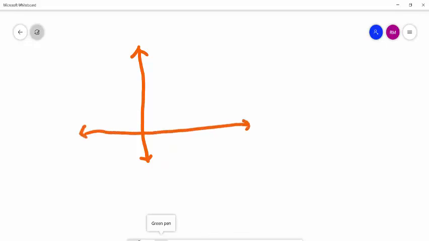So this is say y axis, this is say x axis. Suppose we have to describe this point, then we have to draw this distance. Say suppose this distance is 2 unit and this distance is say 3 unit. Then suppose this point having name P, then its coordinate will be 2, 3. This is the origin.